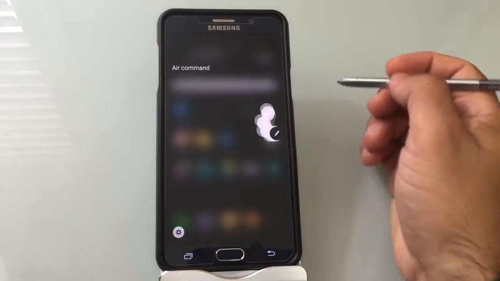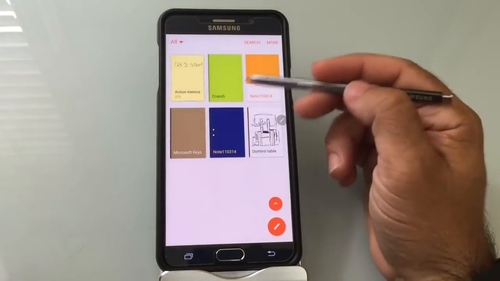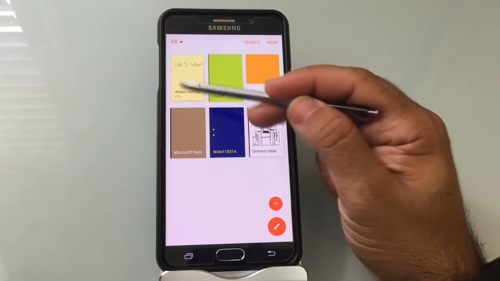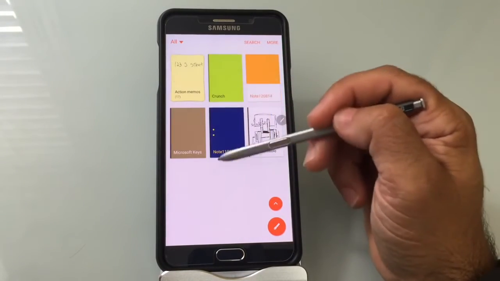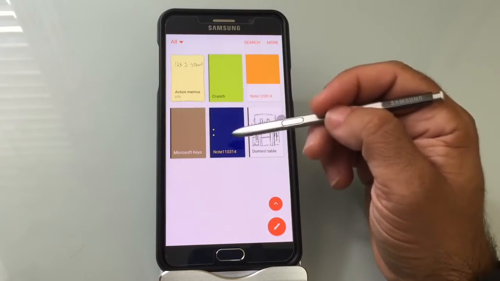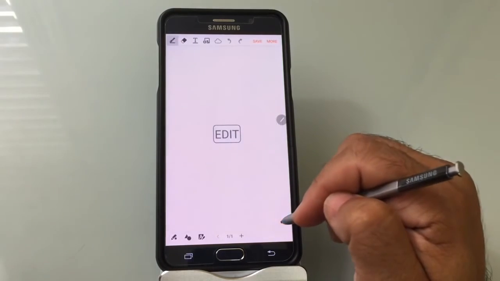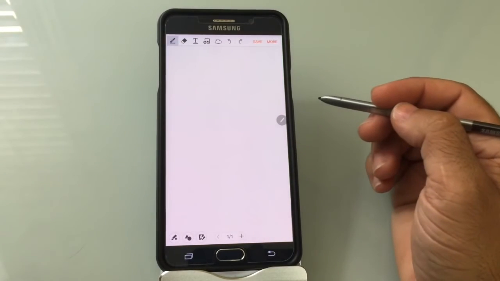The next function I want to show you is the S-Note. Now the S-Note works a little bit differently because it's actually a binder. You'll notice how you have all your action memos here, and they're all separate, right? So each one has an individual page. When you start working with the S-Note, you actually can create a binder, and this binder is going to have